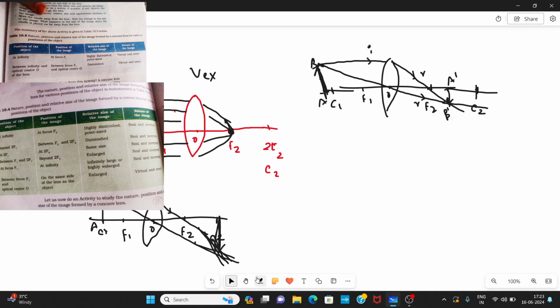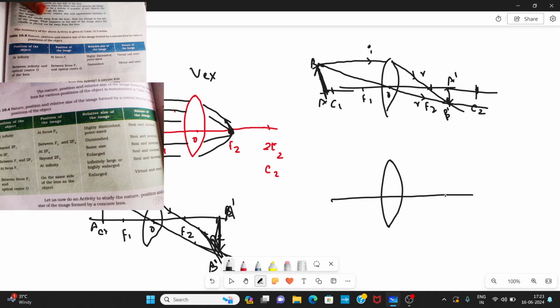It is B dash, A dash. This, A dash, B dash. It is going to be inverted and real. And also the image size will be the same as that of the object size. The third case, fourth case,